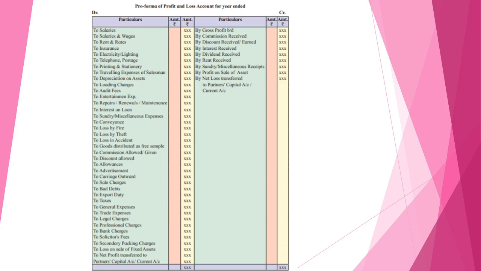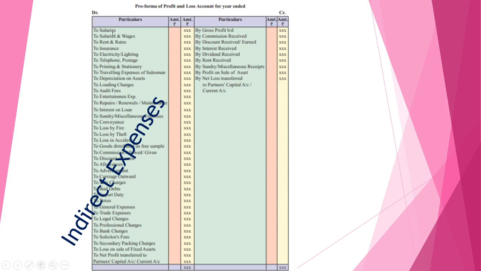The next part, profit and loss account. This is the pro forma of the profit and loss account. It is very easy and simple to understand that whatever expenses we are writing on the debit side of the profit and loss account are to be considered under indirect expenses, because these expenses are not directly related to production or raw material.